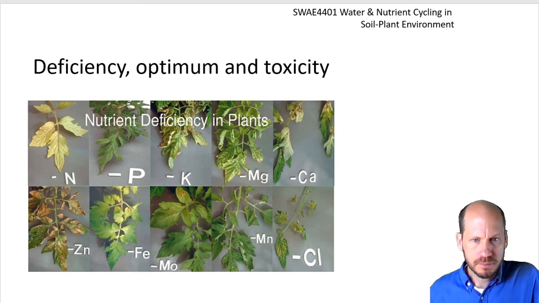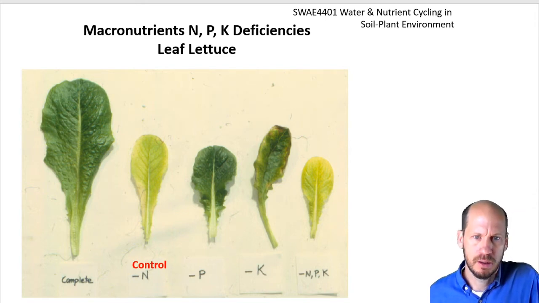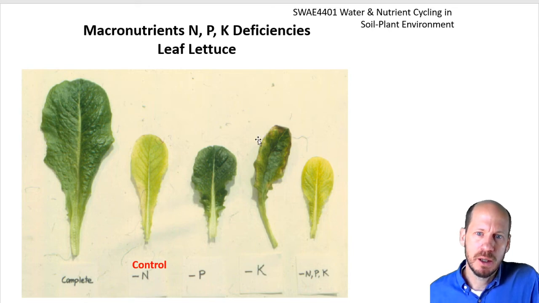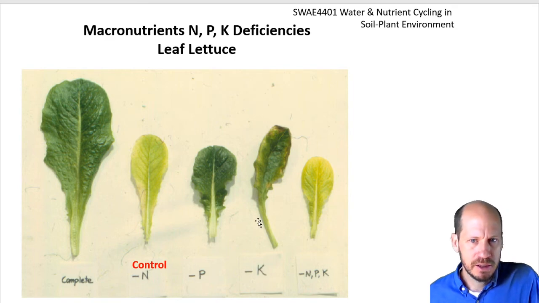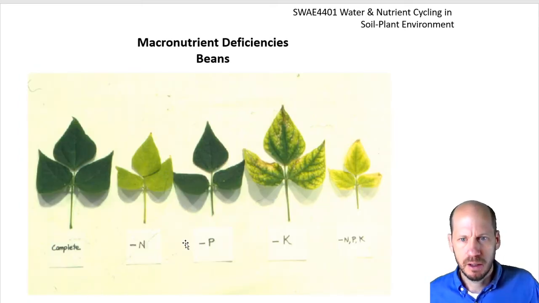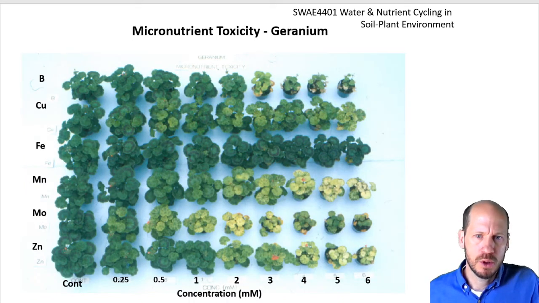For example, this is for lettuce also. How they show: overall, there's less plant growth and there's a different coloring, and sometimes you will see the burning of the leaves. But for example, here the symptoms would look similar with high salinity. If you have high salinity, you may find similar symptoms to this one. Bean leaves, again, similar patterns that you will find. And here, the next slide, it will show